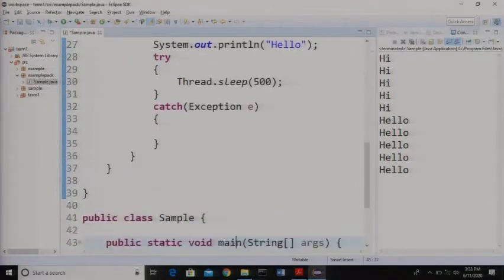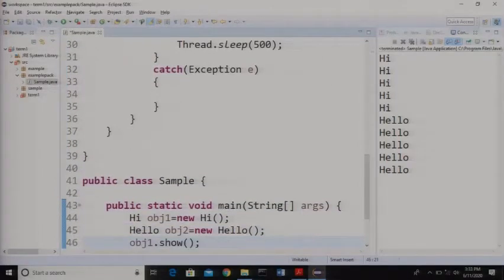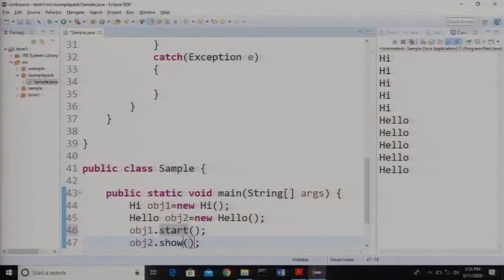After doing this, we have to make sure that these threads begin their work by calling the start method. Now there is no more show method, so it has to call the start method.